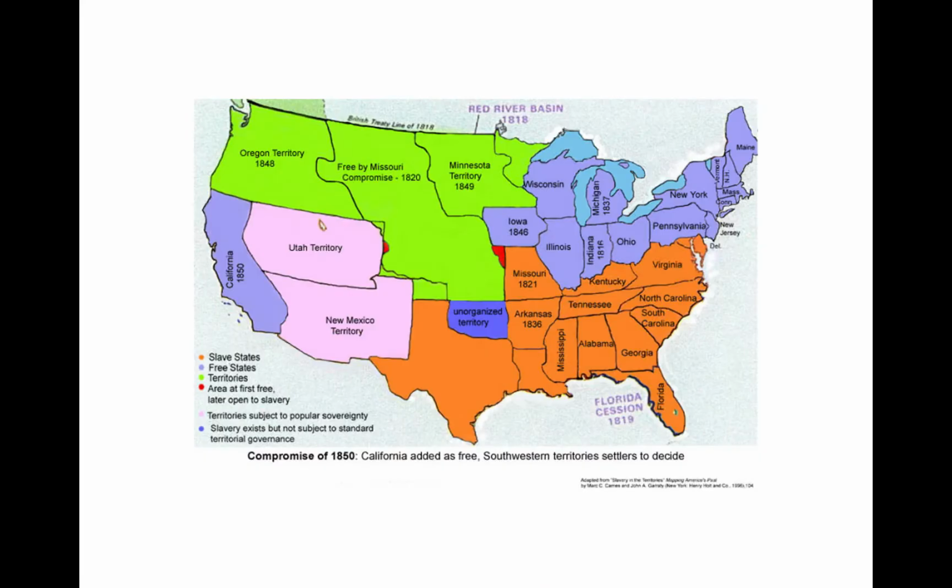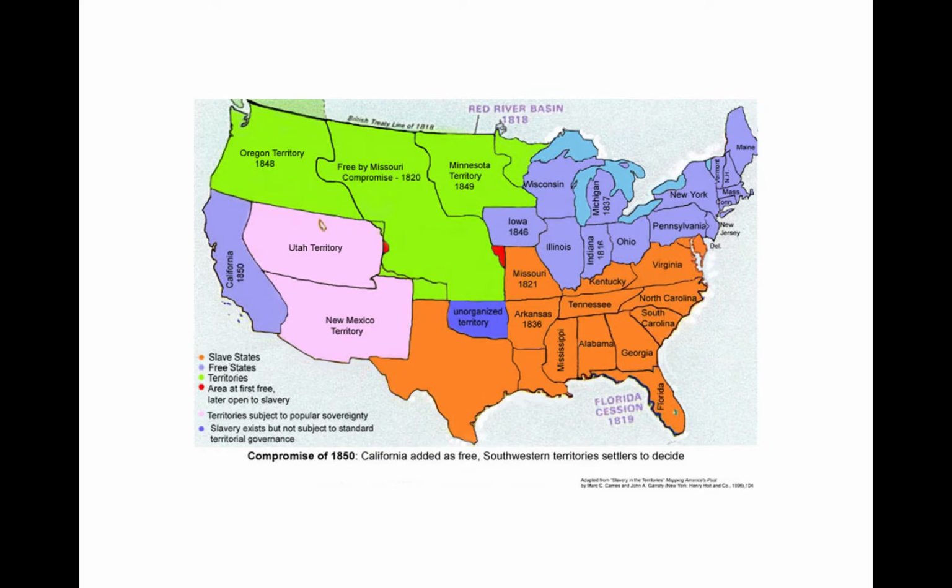So the state of California held a constitutional convention and drew up a proposed state constitution that would bring in California as a free state. So now Congress has to deal with what to do with this land after all. The divisive issue of slavery is something that they can't duck. So Congress dealt with it through something called the Compromise of 1850. And in the Compromise of 1850, Congress decided that they were going to deal with all of the divisive issues of slavery and get rid of them once and for all.